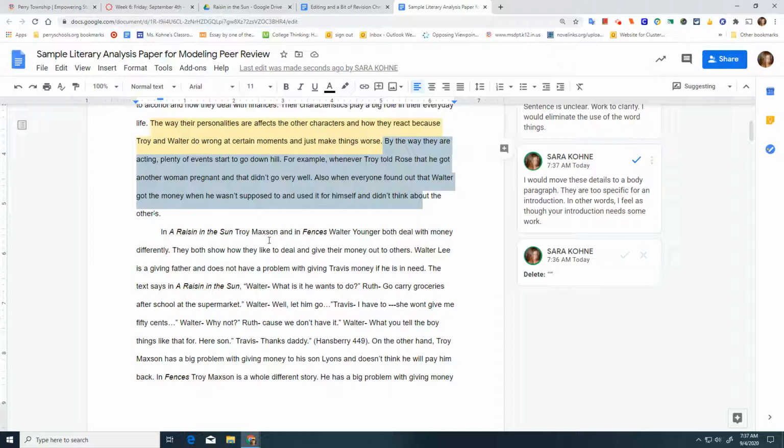Let's take a look at least one body paragraph from this writer and see how we might adjust it. All right, so when it gets to body paragraphs, I'm looking for evidence, I'm looking for analysis, I'm looking for connection to the thesis. Let's take a look. "In A Raisin in the Sun, Troy Maxon, and in Fences, Walter Younger." First of all, that is an accuracy issue. Walter is the character in A Raisin, and Troy is in the